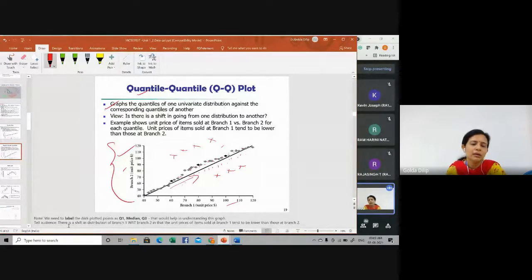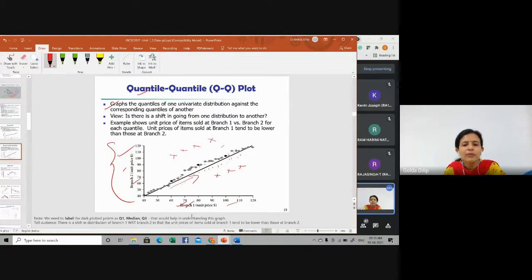It is a QQ plot of the unit price, in dollars, of items sold at two branches, branch 1 and branch 2, in AllElectronics during a particular period. Each point corresponds to the same quantile for each data set.